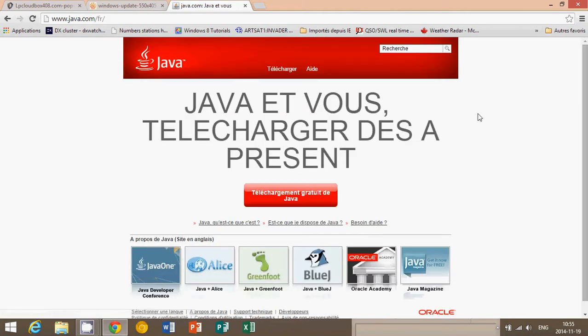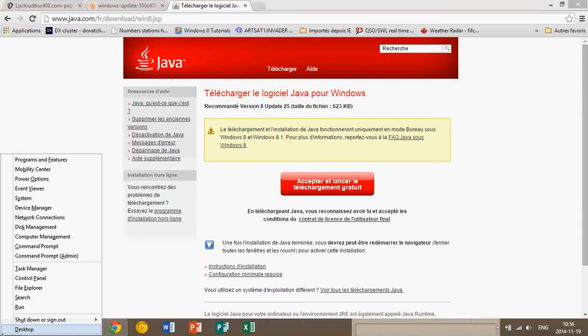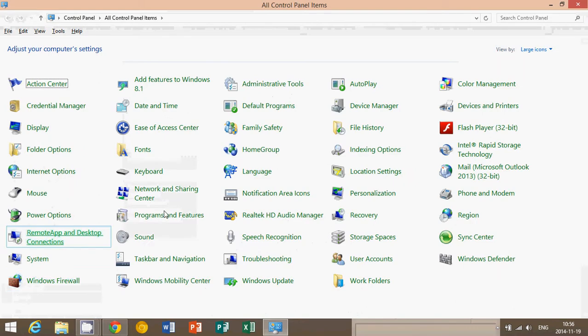Don't search for it, type it in the address bar, java.com. Make sure that you have the latest version and just click that red button to download it, and so on. Here it says we're at version 8 update 25. That's the latest version. You should be at version 8 update 25. If you're not, go into your control panel, programs and features, and uninstall